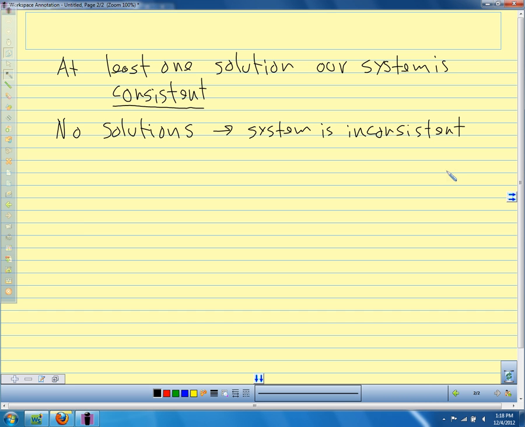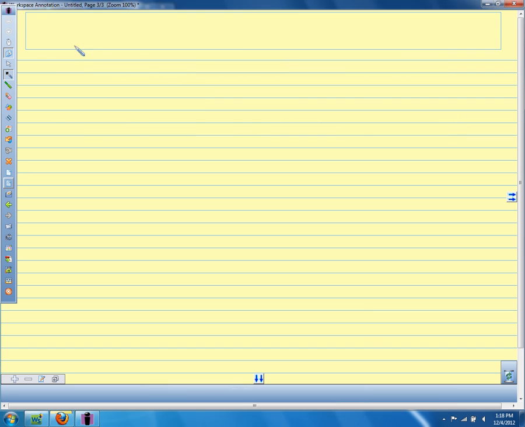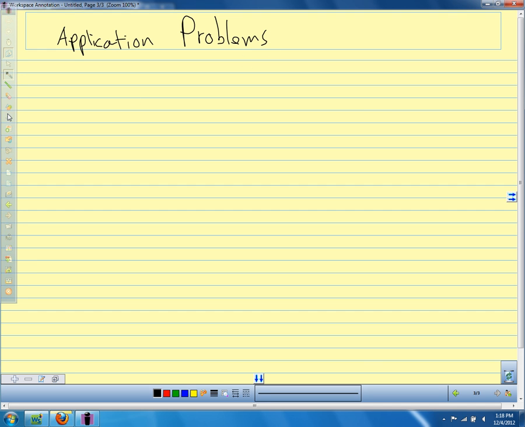Okay, for the last part of today's lesson, what I want to do is just do several examples of application problems that involve systems of equations. So just a couple of examples of setting up these application problems. Applications tend to be our favorite types of problems. So I'm just going to do a couple of examples of setting these up. So for my first example,